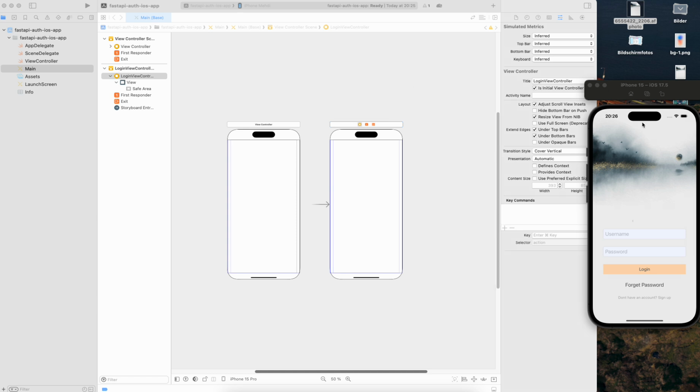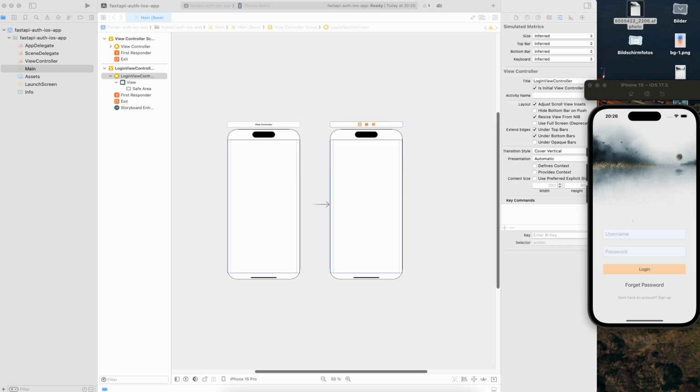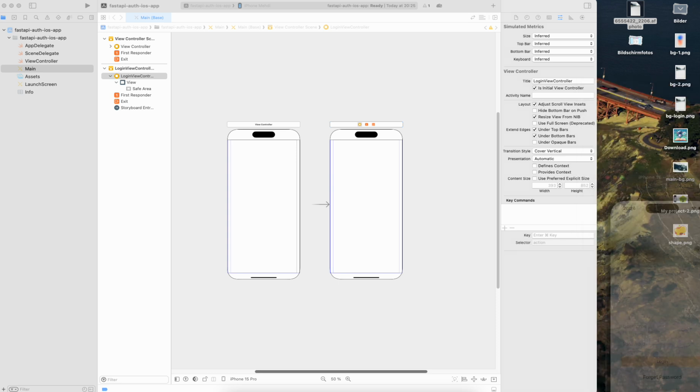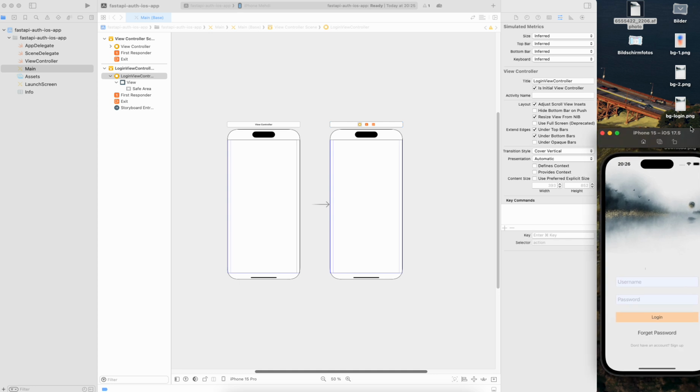PG2. I don't have it anymore. This background, and that should be. Okay, I can save it again. Export. PG login, background login. Okay, you can find this. That was there. Sorry, I didn't see that. That was here. Okay, I open assets,